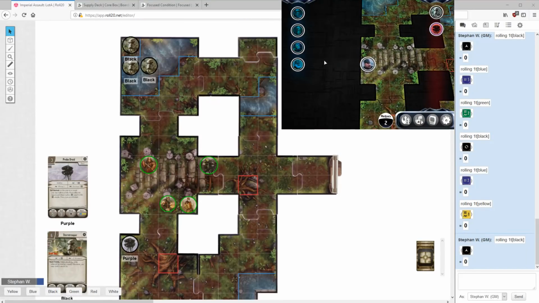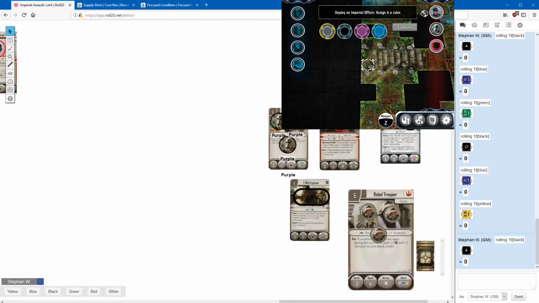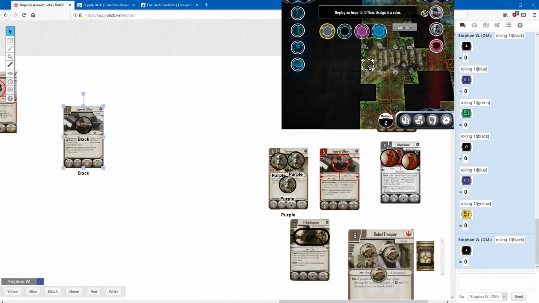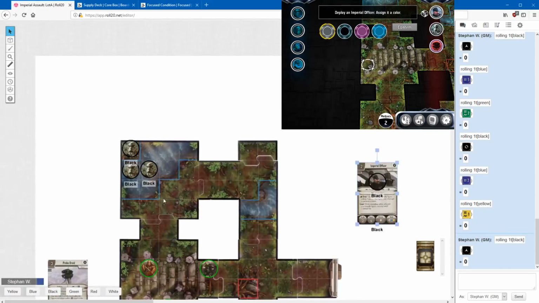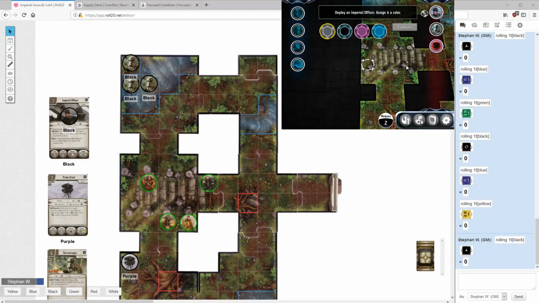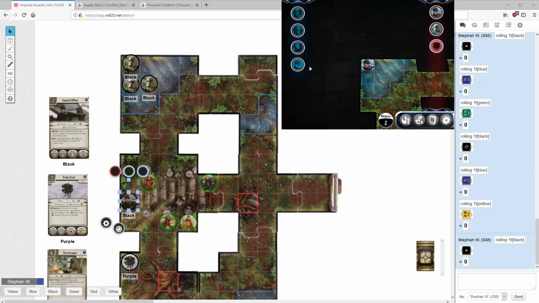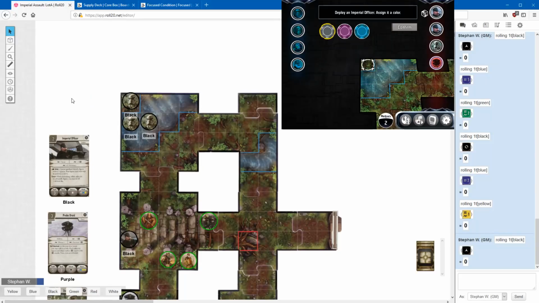Then we have an Imperial officer. That's actually very nice because these officers are not really strong in the core box if you play the campaign on the tabletop version, but in the app they are very, very strong, and I'm soon gonna show why. So they are actually placed here, and it's the black one. Then we have another officer, which is bad because I actually wanted to have only one officer here, and this one will be the purple one,